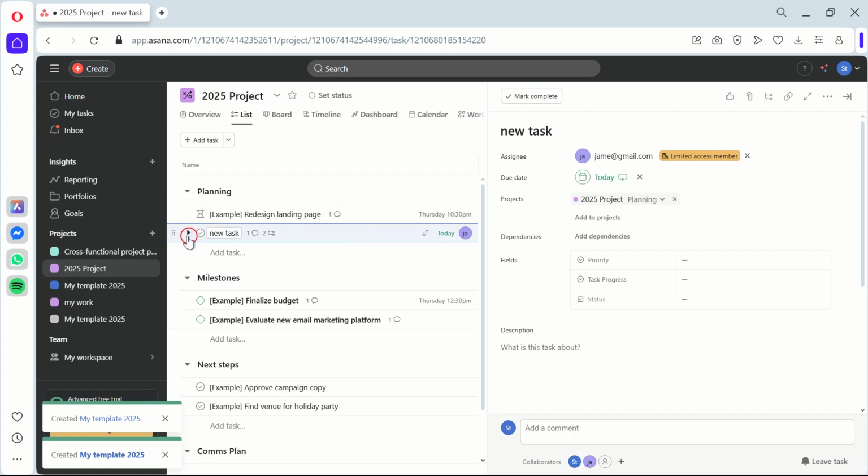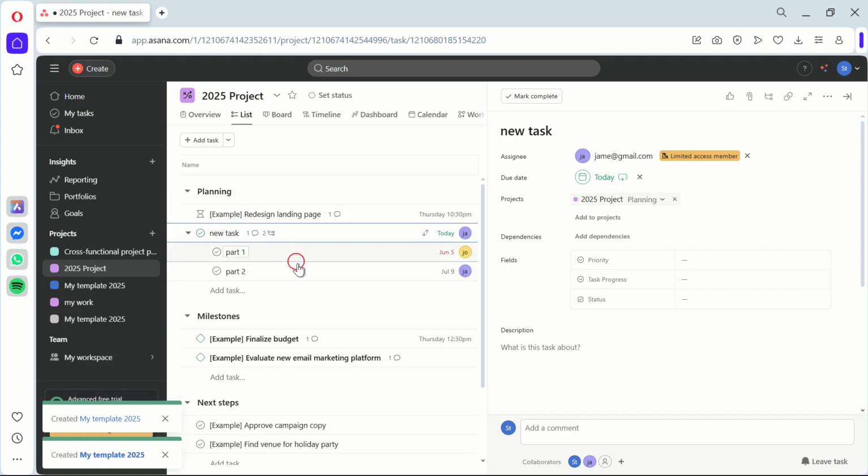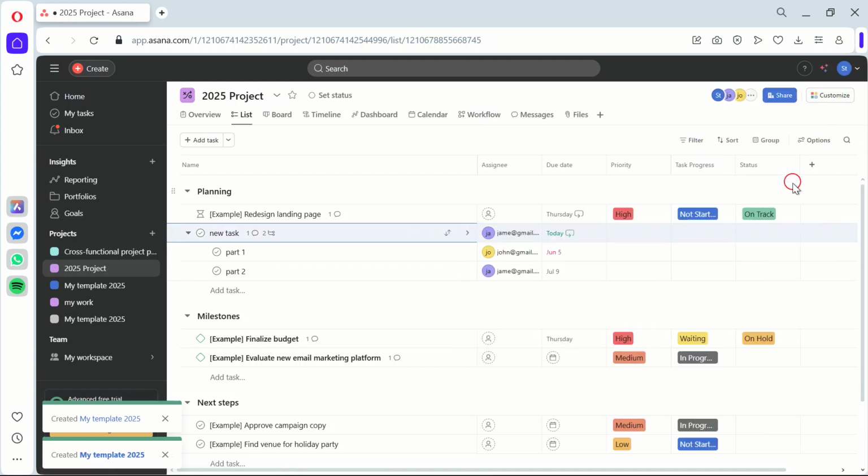And that's it. You've successfully added subtasks to your Asana task. This simple yet powerful feature can significantly improve your project management by breaking down complex